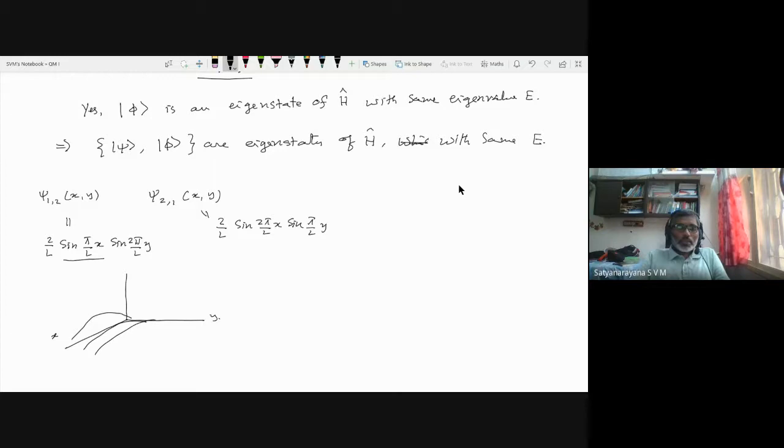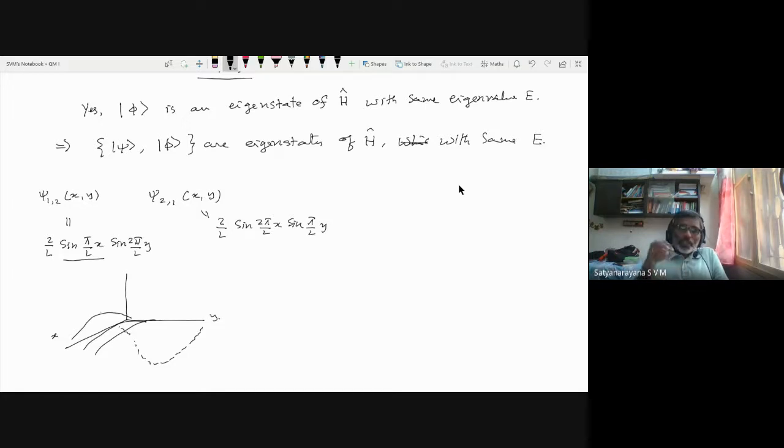Whereas along the y, there is a node, so it will come like this, go to 0, then go down and come back up. So you have to combine these two things in some three-dimensional plot, which if I draw, I think I myself will not understand. But one of the things that we can imagine is